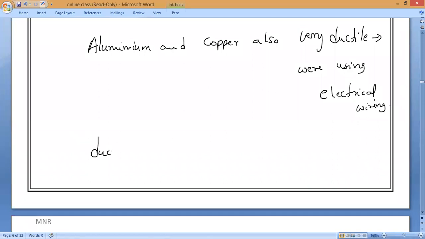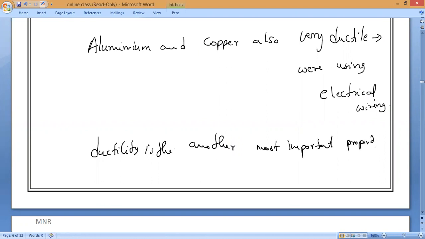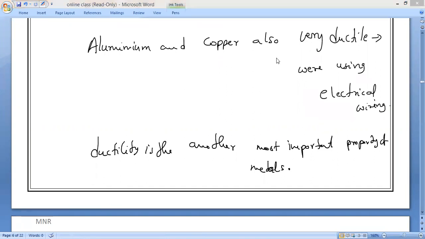Ductility is another most important property of metals. Once we have studied the properties of metals, non-metals, and metalloids, later I will show you the periodic table and their positions. Is it okay, Harish? Okay, the meeting is going to end. Join fast and we'll continue with the third property. So this is about the two properties. What is the first